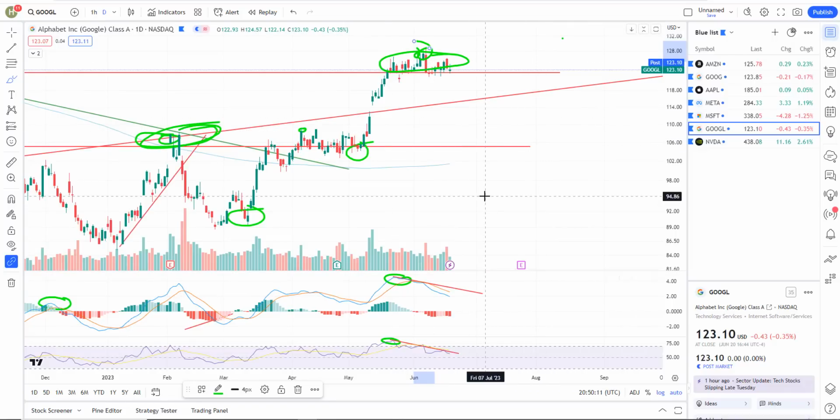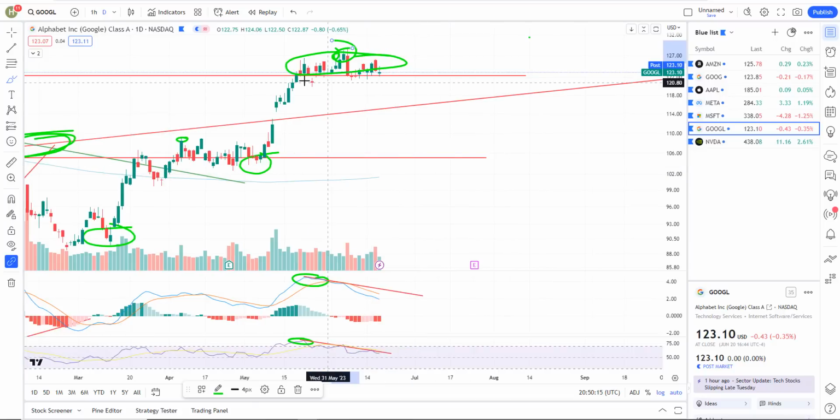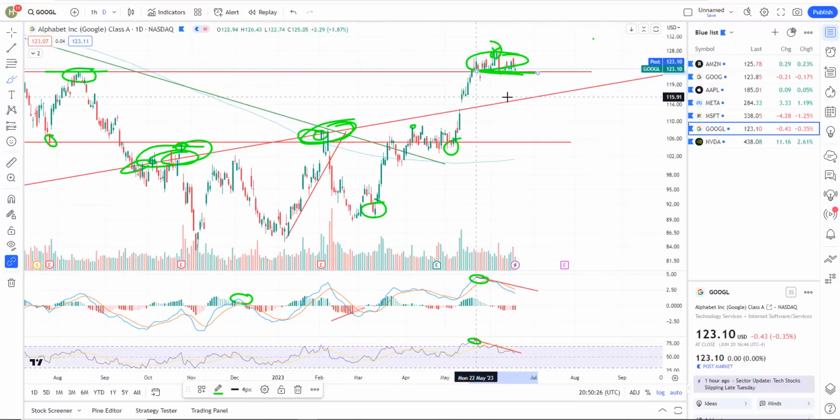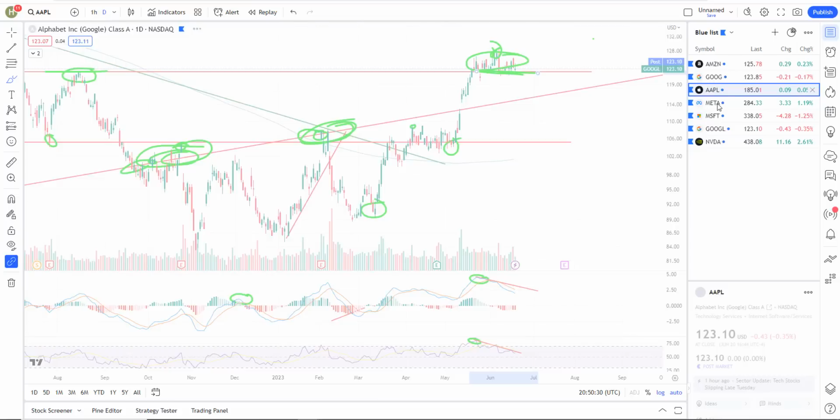Now again, divergence doesn't give me an indication to sell. It's not a sell signal. You need to see us really start to break these, take out this support with a gap down or something like that. Some sort of a powerful sell signal will initiate, will be a trigger for short entries on that one. Nothing quite yet. And then Apple